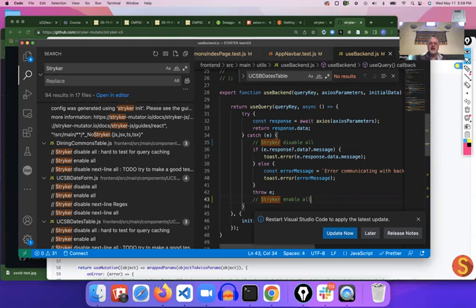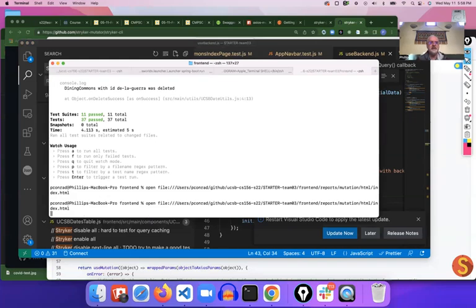Okay, now let me be clear. The Stryker disable all, enable all is not a get-out-of-jail-free card. You should use it very sparingly, and if you put in a pull request that has it in it, you should be prepared to defend that choice. This particular bit of code is really tricky to test, and I'm not saying we're never going to test it. I'm just saying we're not going to test it right now today, we will come back and do that later. So let's see whether, with that in place, if we do our npx stryker run again,